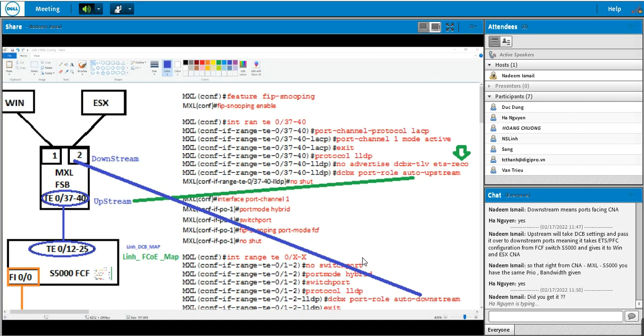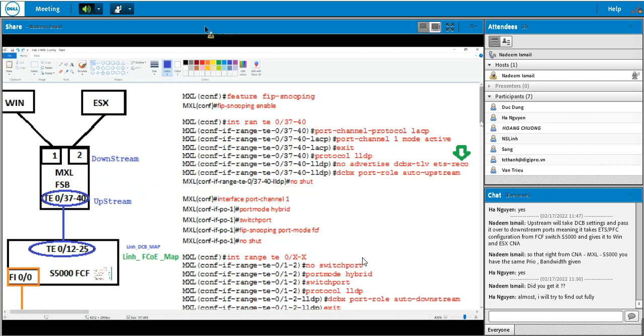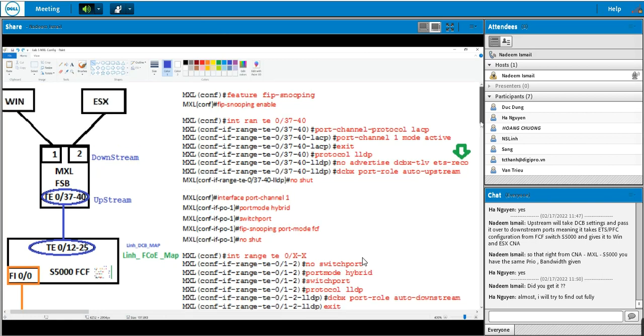port either upstream and down. Okay, then